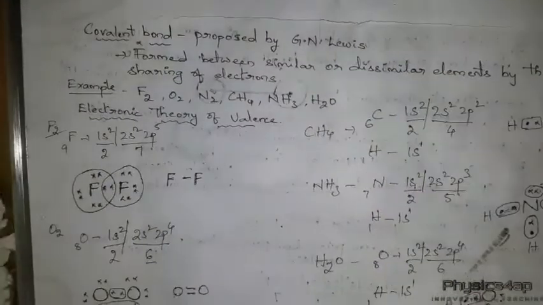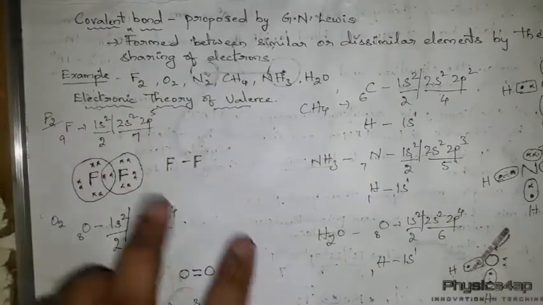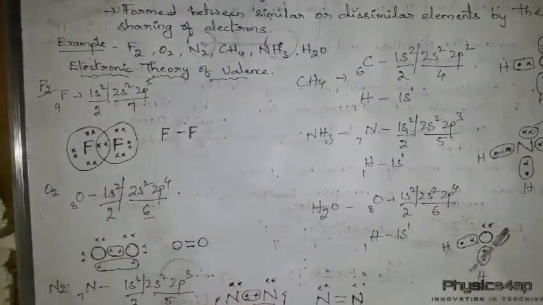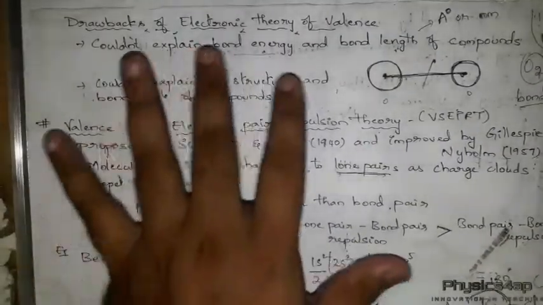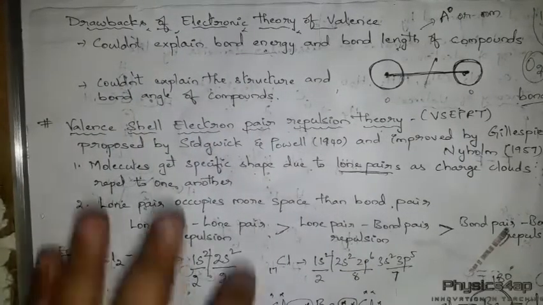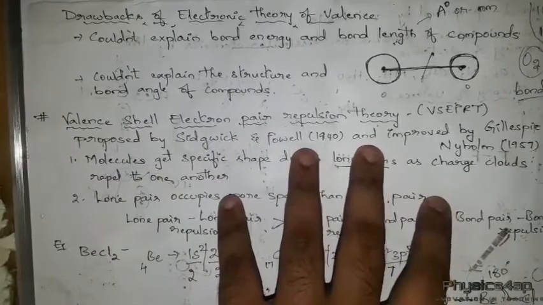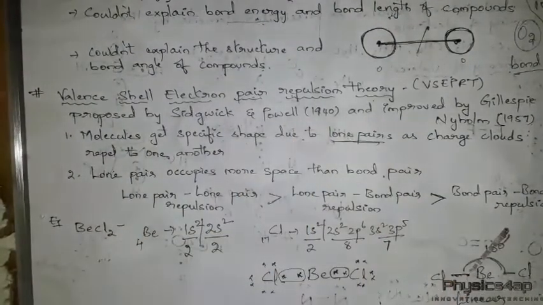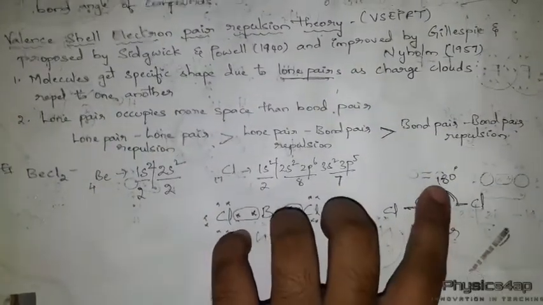Today we have discussed the covalent bond, which was proposed by G. N. Lewis, and we have seen the electron theory of valency. We have seen the dot structure of different compounds and molecules over here, and we have seen the drawbacks of the electron theory of valency. Those drawbacks have been explained by the valence shell electron pair repulsion theory, and it explained the lone pairs and bond pairs. So we have seen the structure of BeCl2, which is linear